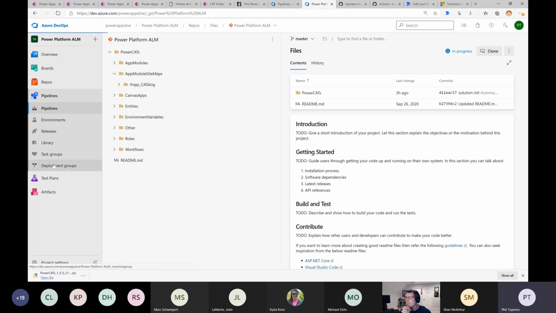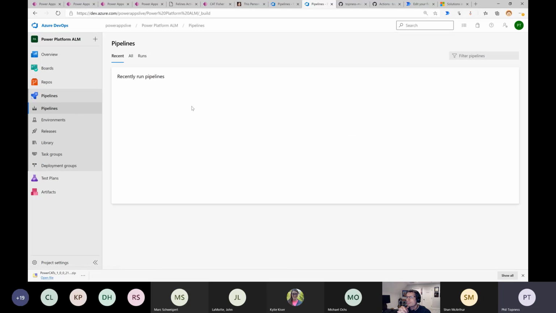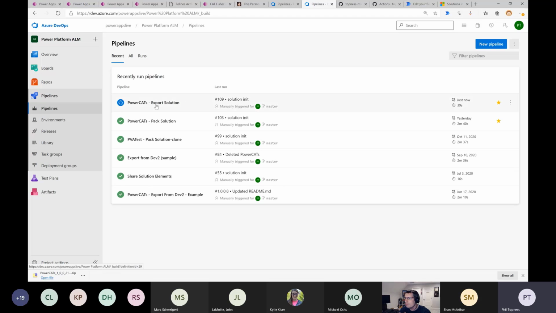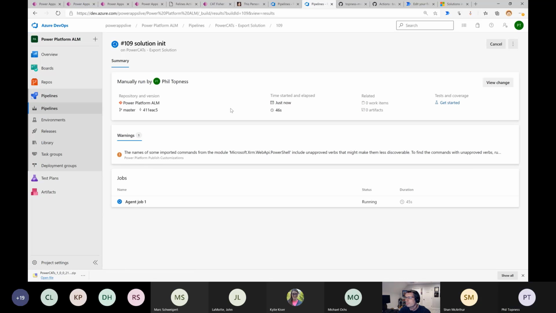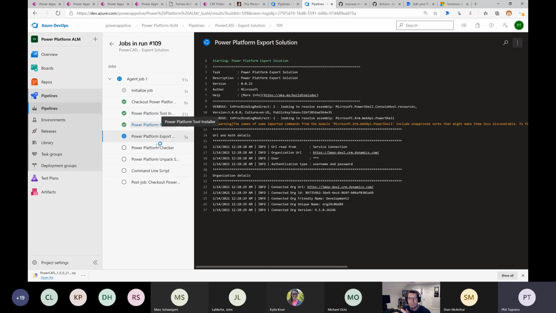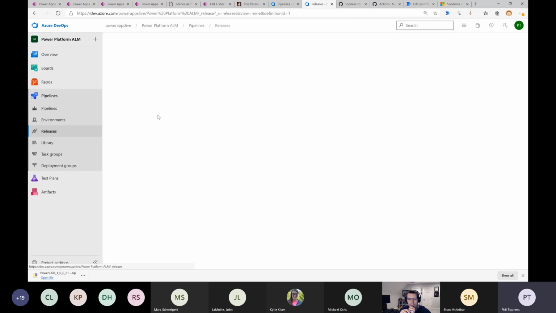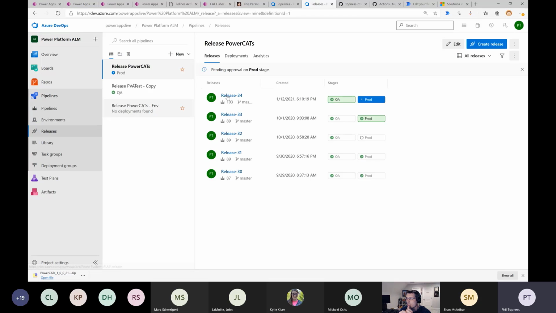And then similarly, you've got a pipeline here for releasing it, just like we imported it into my dev environment. And so I've got this pipeline that's underway here. That's taking what I did and sending it out to QA. And then after that, this is the other one. This is the release pipeline. That's what I wanted to show. The release pipeline is going to take it out to QA and to prod. And so here's one that's underway.